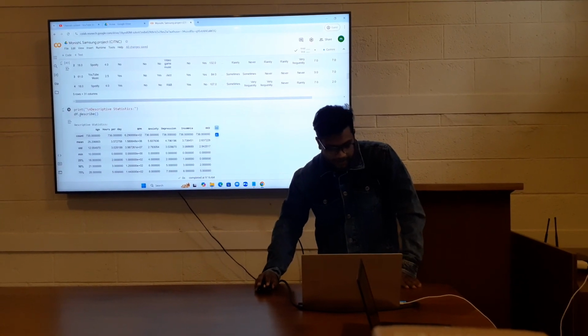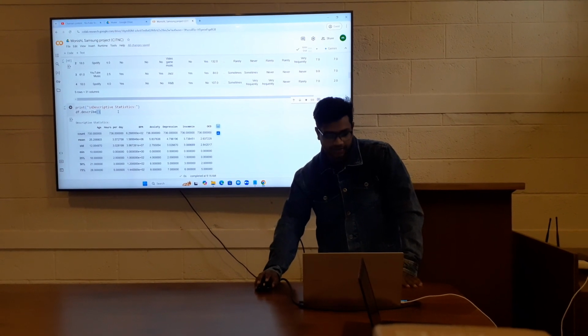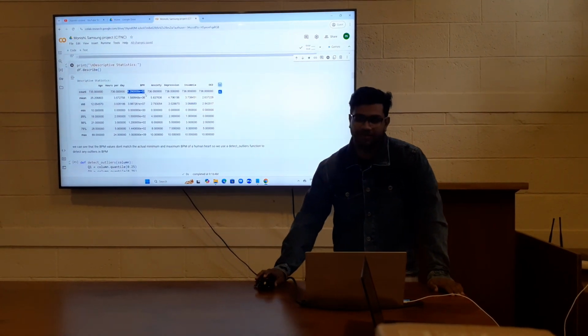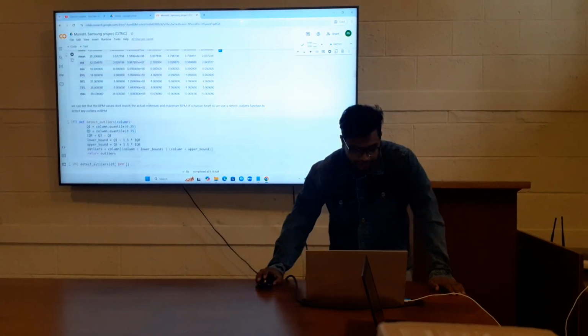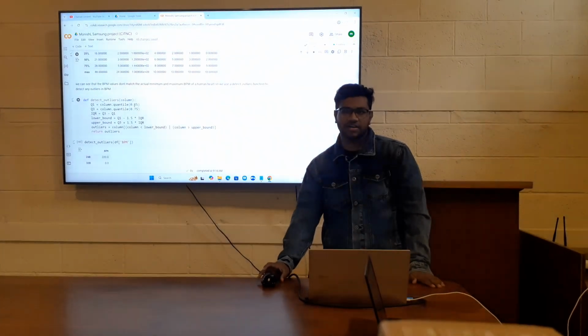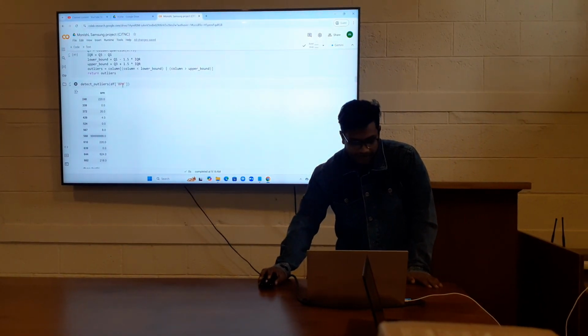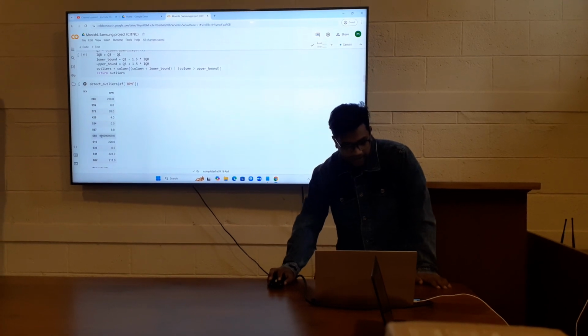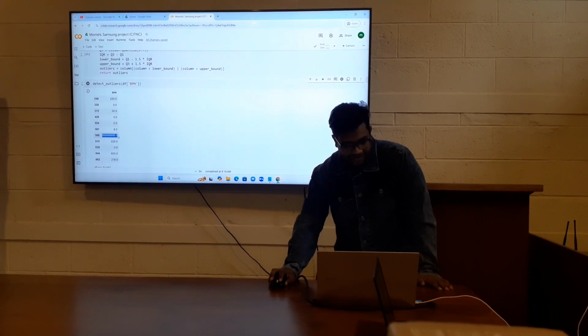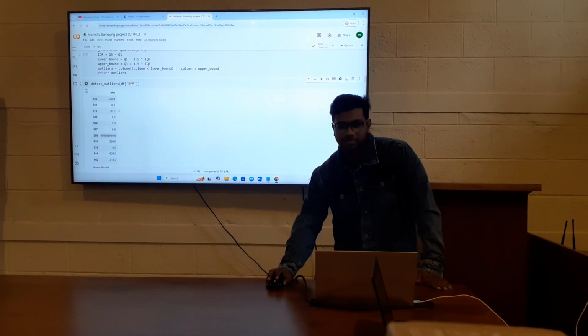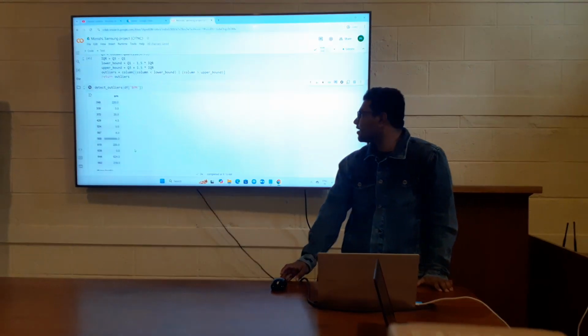Then we'll describe our data so that we can check for more errors. Here we can see that the BPM has weird values, weird numbers. So we'll use a function called detect outliers. This function will detect if there are any outliers in the BPM values that we observed. And we can see that there are a lot of values that are not normal BPM, and sometimes it is 0. So we have to remove these outliers from this dataset.